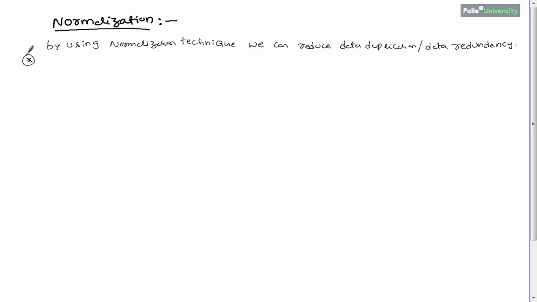In general, when you are doing normalization, you will be splitting a single table into multiple tables in order to reduce the data duplication or data redundancy.